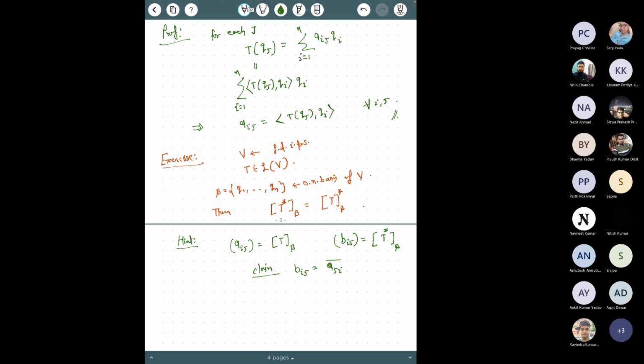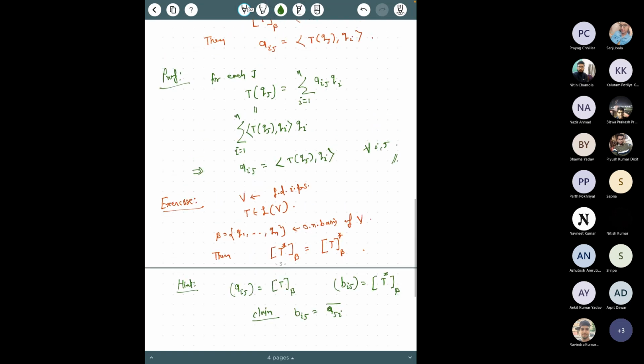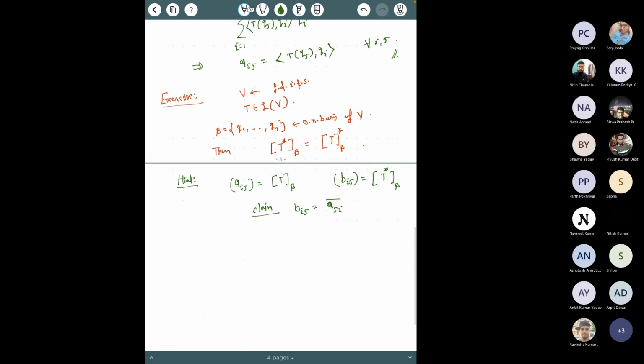But why is this true? This is true because of the above result here. This is a one-line proof. So let me tell you why this is true. What we can say from above is that this Aij is equal